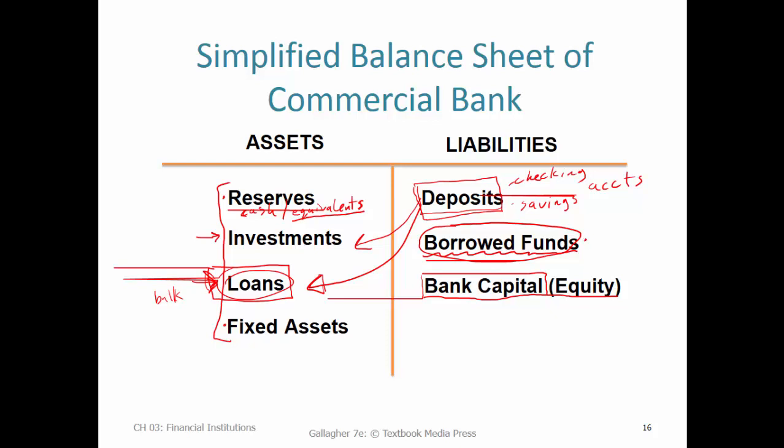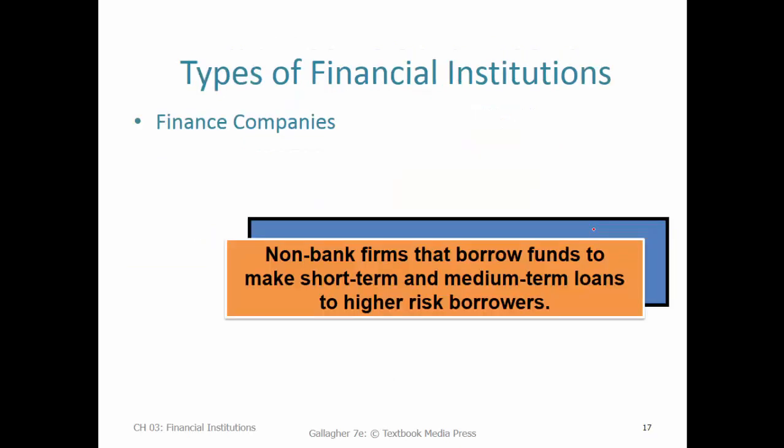So the ability to borrow money from other banks or from the central bank is very important to banks. They're always going to borrow a little bit in normal times, but in a financial crisis they're going to need to borrow a lot, and that's actually the whole reason we even have a central bank to begin with. And we'll flesh that out a little bit more in a minute. Okay, now let's move on.